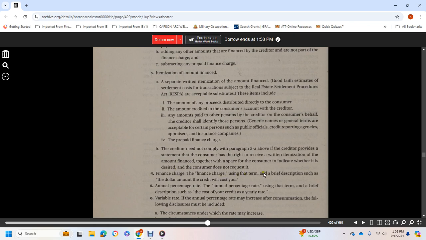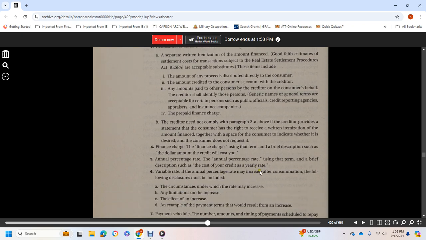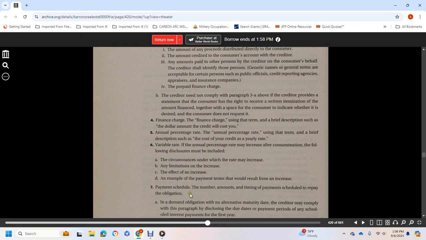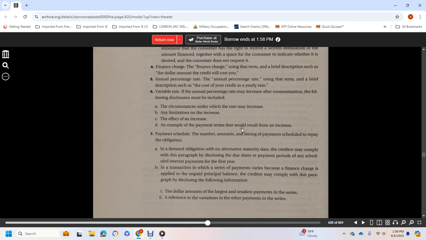Finance charge: use a brief description such as the dollar amount the credit will cost you. The annual percentage rate: use a brief description such as the cost of your credit as a yearly rate. For a variable rate, if the annual percentage rate may increase after consummation, the following disclosures must be included: the circumstances under which the rate may increase, any limitations on the increase, and the effect of the increase, for example the payment terms that would result from an increased rate. Payment schedule: the number, amount, and timing of payments scheduled to repay the obligation, and for demand obligations with no alternative maturity date,